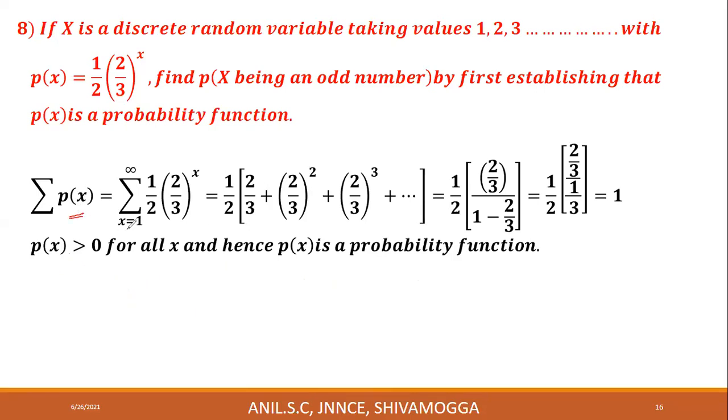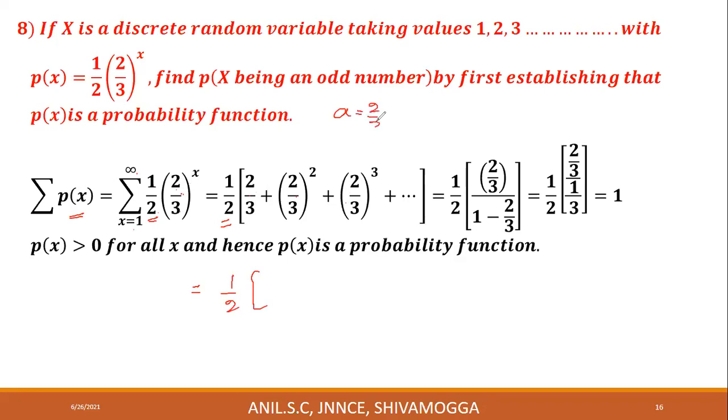Next, second condition, summation p of x. Summation p of x is equal to the sum over x from 1 to infinity of 1 by 2 into 2 by 3 whole power x. There is no x in this 1 by 2, so it must be treated as constant. Keep this constant outside. When x is equal to 1, this is 2 by 3. When x is equal to 2, 2 by 3 whole square. When x is equal to 3, 2 by 3 whole cube, and so on. This is equal to 1 by 2 into, clearly this is a geometric progression whose first term is 2 by 3,